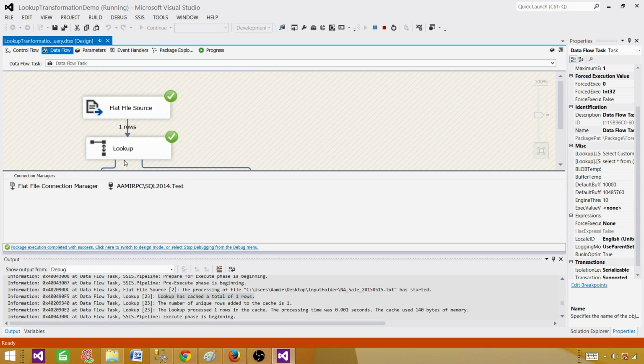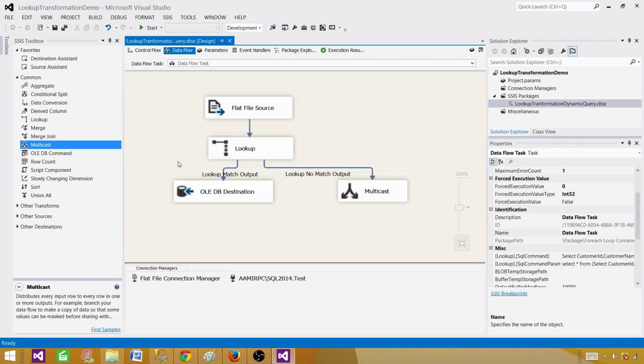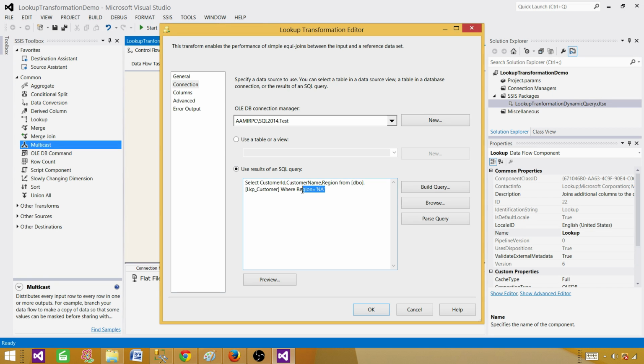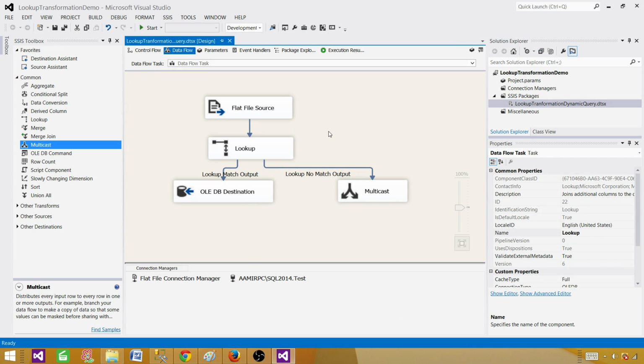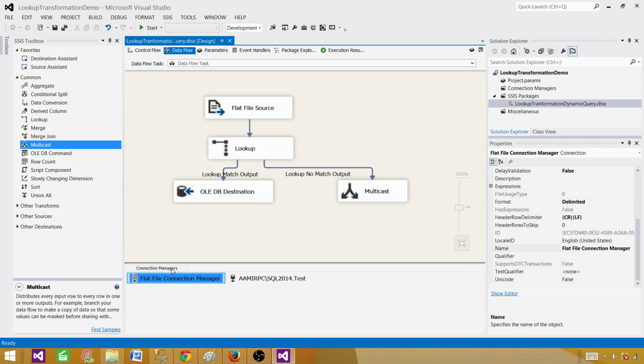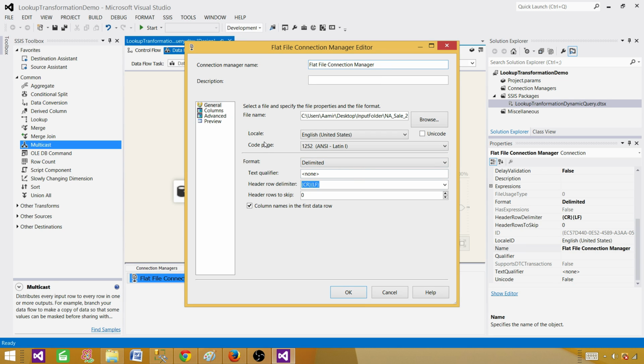Now we are going to go ahead and make this package dynamic. We don't have to go back here every time and change this region code. We don't want to do it by ourselves. We want to use the variables and everything and make it dynamic. So cancel this out. First of all, we will go to the flat file connection manager and make this connection capable of using